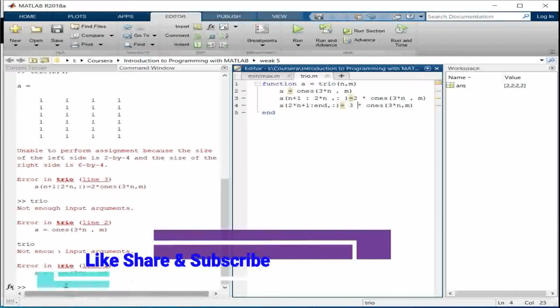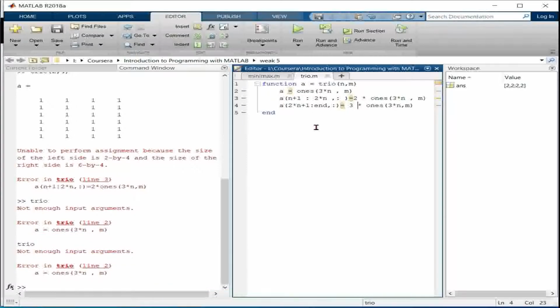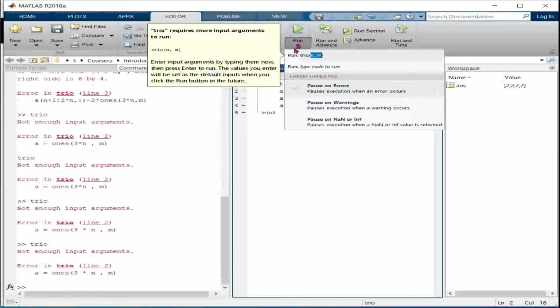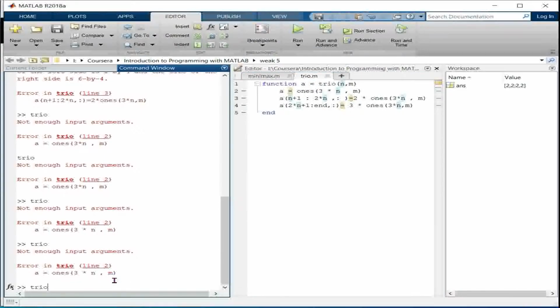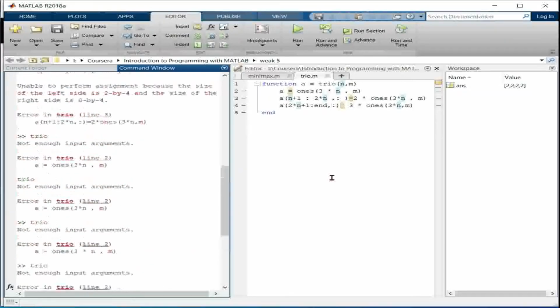Not enough input arguments. Error in trio at line 2. I don't think there is any error there, so I don't know why it is printing that. Let me run it again. Have I missed something here?